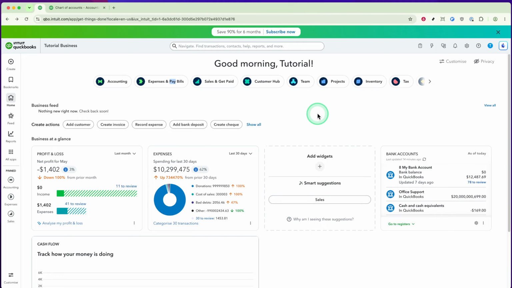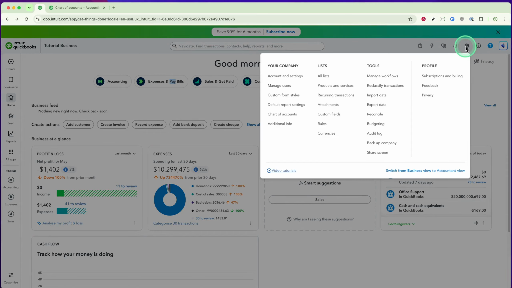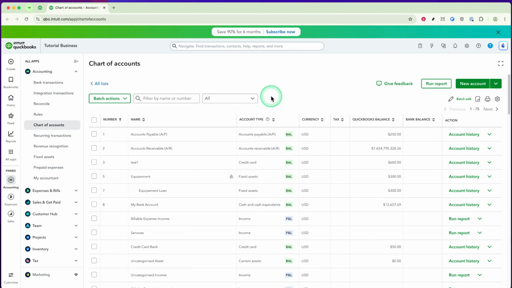Let's dive in. To begin, open your QuickBooks Online dashboard. Look to the upper right corner of the screen and locate the gear-shaped icon. This is your settings menu. Click on it to reveal a drop-down list of options. From this menu, find and select the option labeled Chart of Accounts. The Chart of Accounts is where all your financial accounts are listed and organized, making it an essential part of